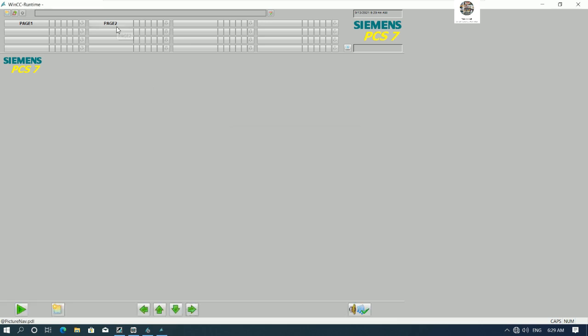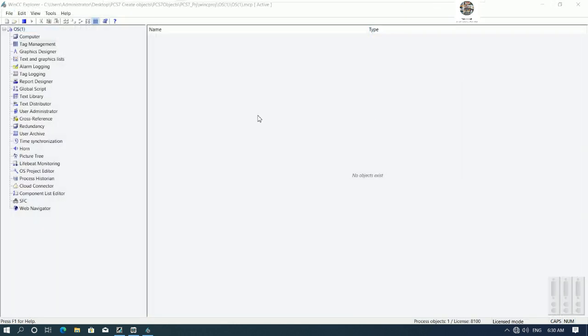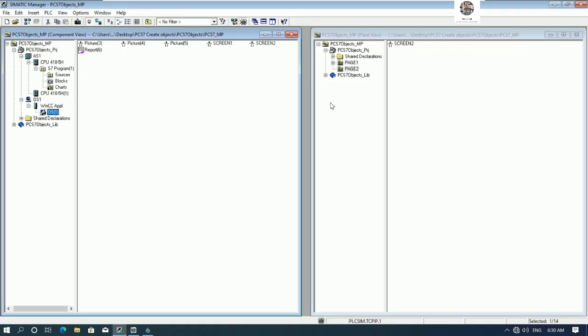So right now we will get 2 pages, right? Page 1 and page 2. So we will insert page 3, page 4 also. If we click like this, there is no object, right? Because we have not yet created the objects. Okay, let's close first and then go to create